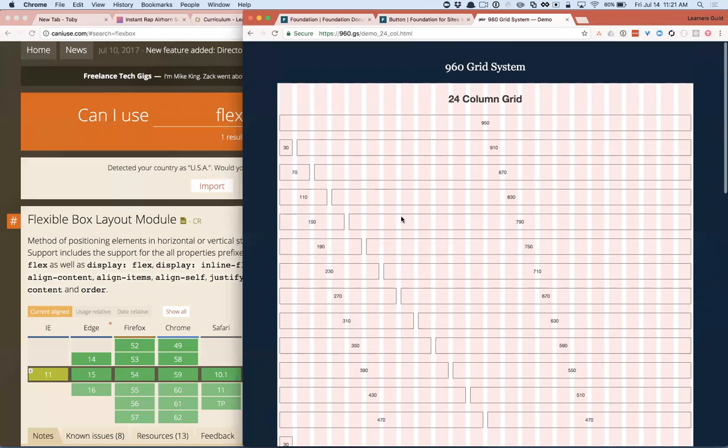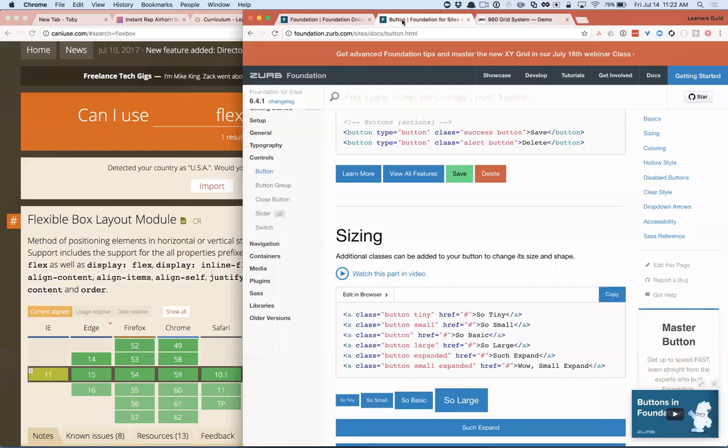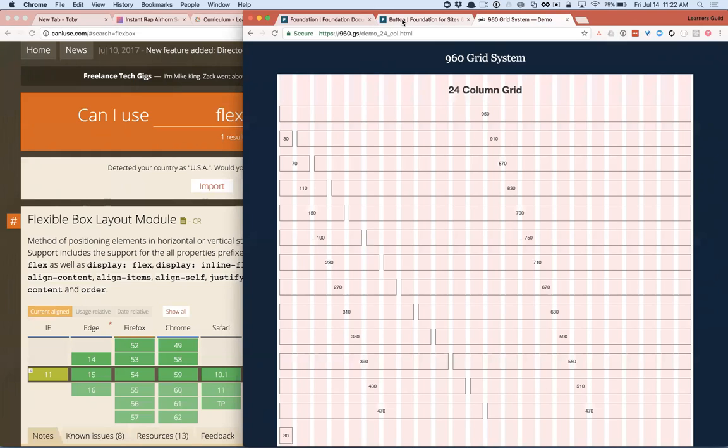This is probably an old style way of doing things. I'm not sure that this 960 grid has very many responsive features. I actually don't know how it works responsively. I know Bootstrap's grid works pretty well, but it's all very implementation specific. But a grid system in general is just a way to have class names that allow you to lay out how your page flows and looks and where things are based on different responsive sizes. But all that stuff's not going to be built into the language. It's not going to be built into CSS, right? It's going to be a library of some kind. I don't think there's any grid stuff built into CSS.